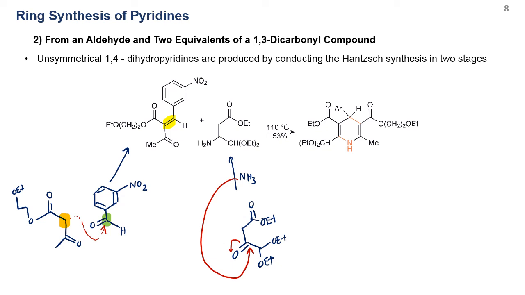And from here, the enamine can use carbon here as a nucleophile to attack carbon here, and it can use nitrogen here as a nucleophile to attack the carbonyl group here. So you can try to draw out the mechanisms by yourself. Okay, and from here, if you heat the reaction up, this will eliminate water and hence form the intermediate, and